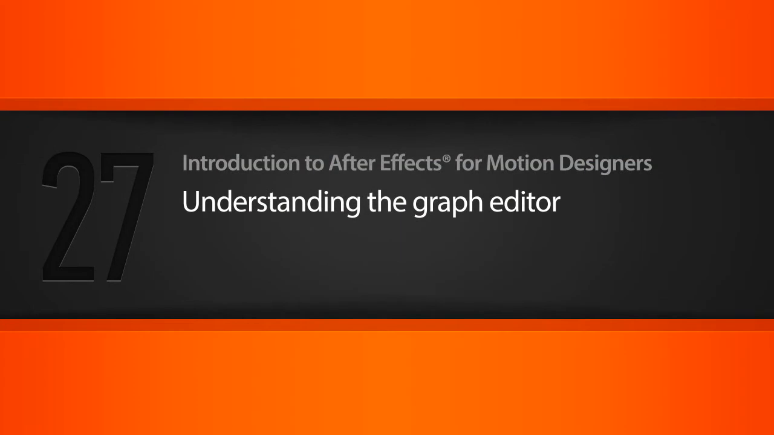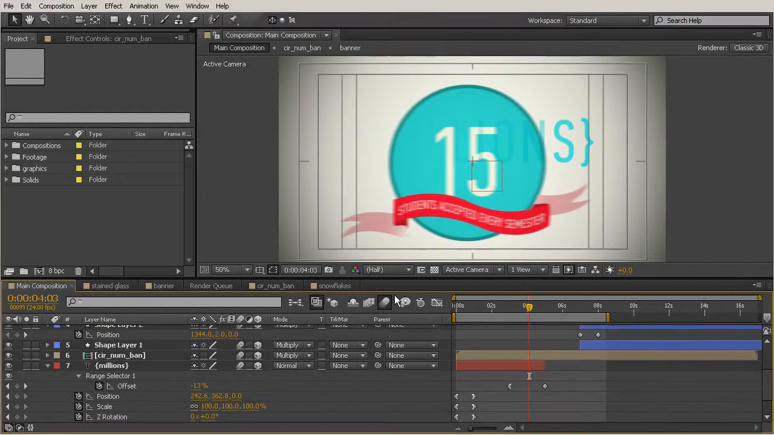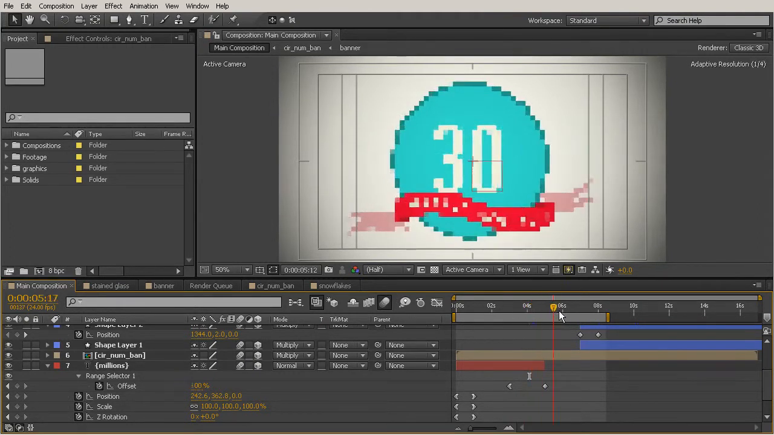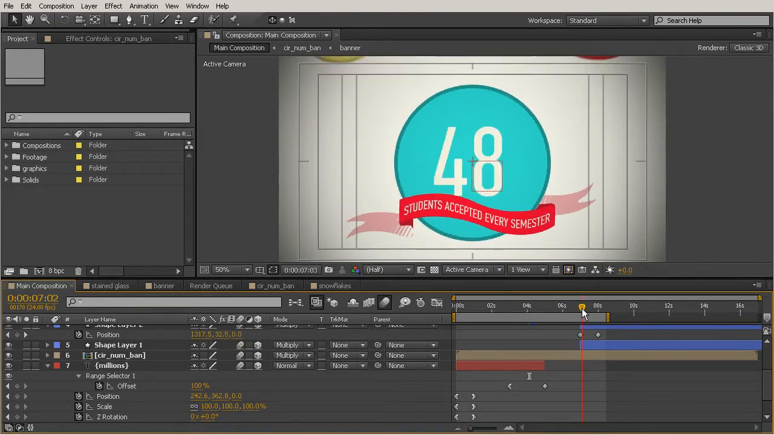In this lesson, we will talk about the graph editor and how we can use it to enhance our animations. Okay, so the graph editor is the next step from the regular keyframe interpolation that we've learned so far. So I want to go ahead and show you how to use the graph editor along with the camera animation